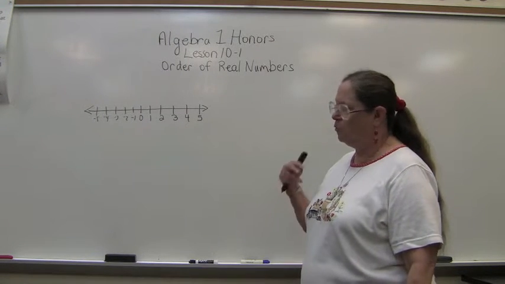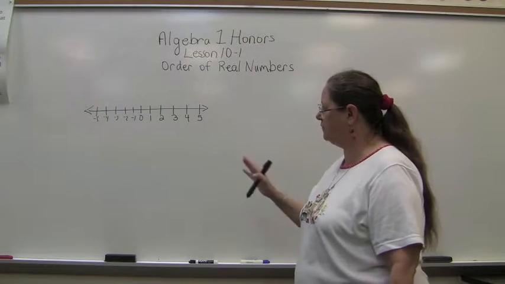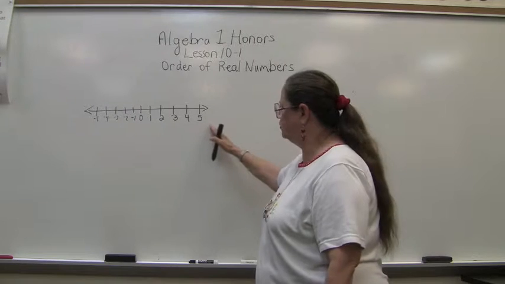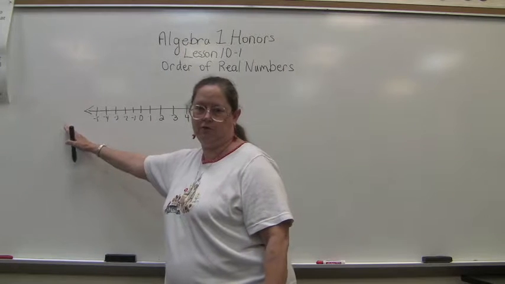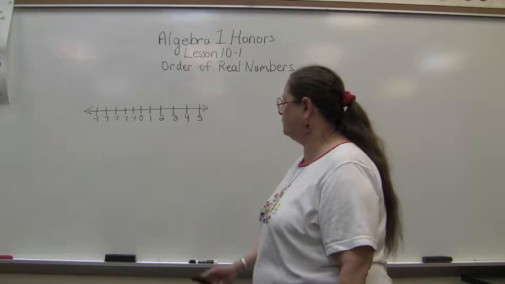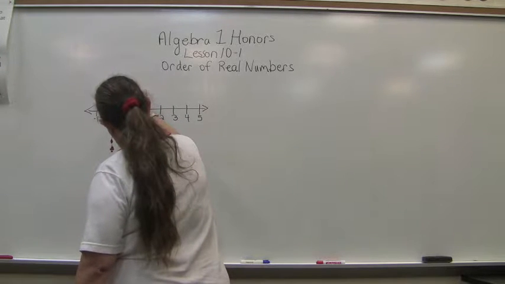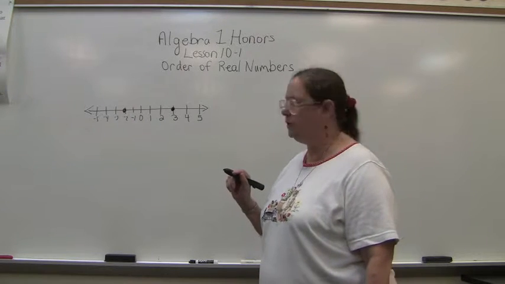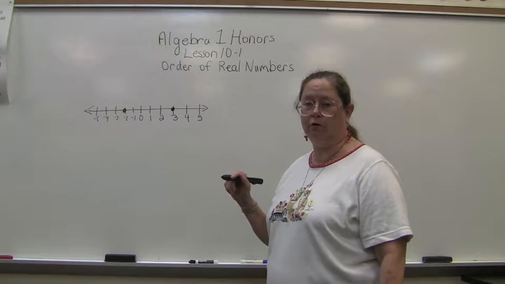Ordering real numbers. One way to think about real numbers is to think of them on a number line. And you have 0 as your origin. And then all of your positive numbers increase going to the right, and all of your negative numbers get smaller and smaller as you go to the left. So if you have two numbers, let's say -2 and +3, -2 here and +3 there, to compare those two numbers,